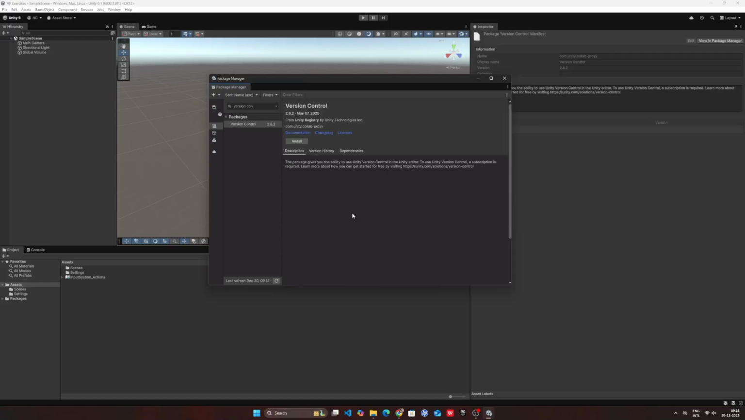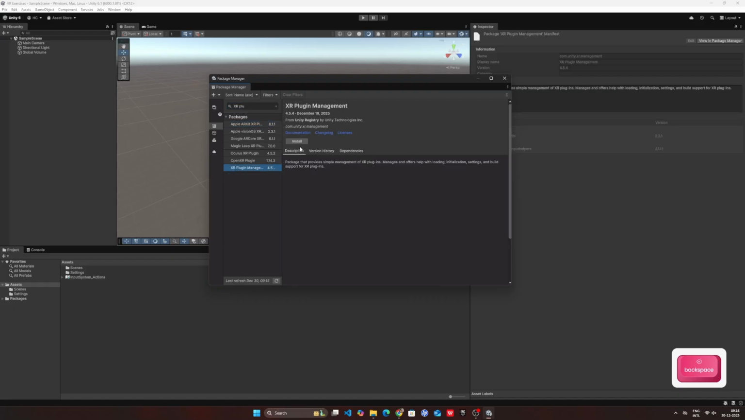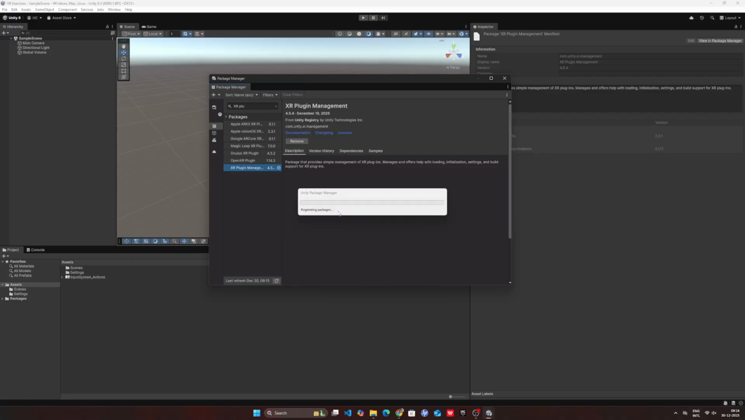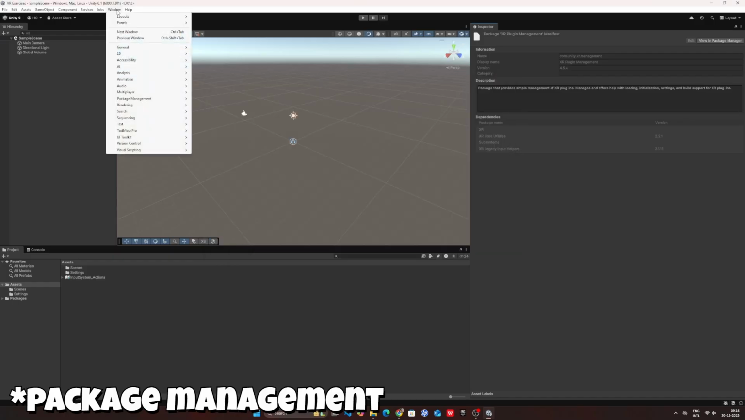Now clear the version control and search for XR plugin management and click install. So this is a package we are going to use for our VR exercise. Now close the package manager and go to the window menu and click the project management and click asset